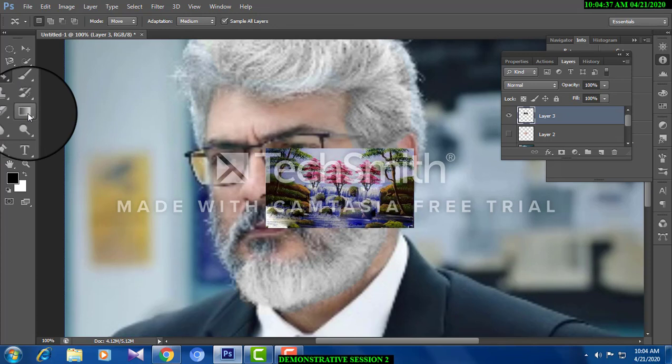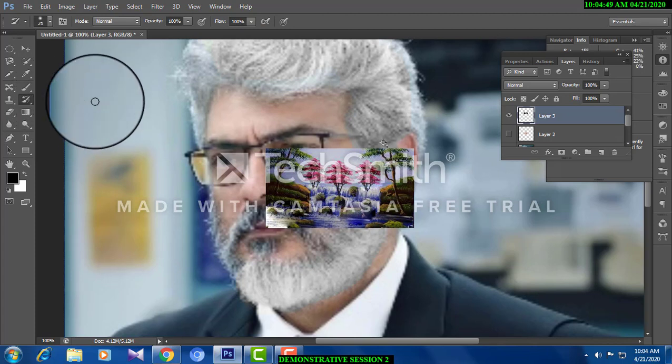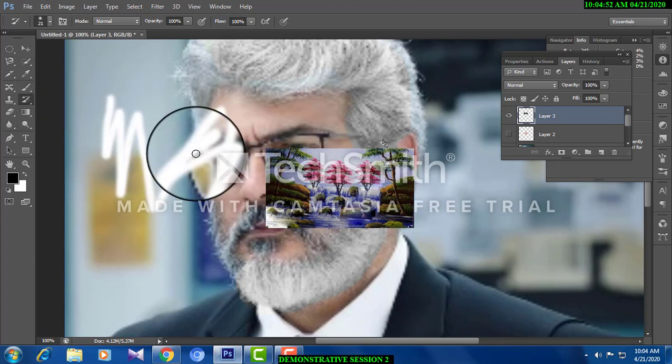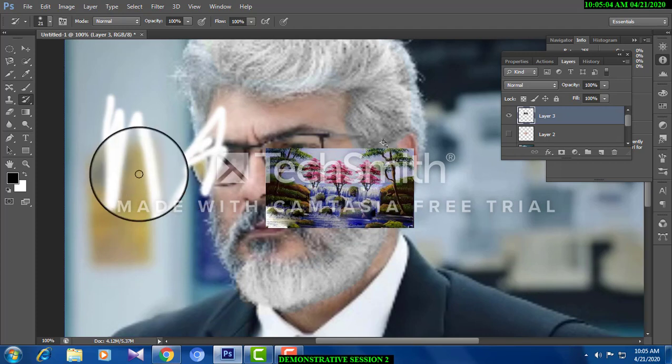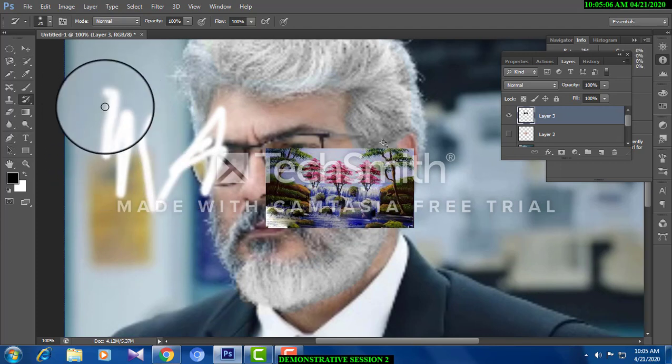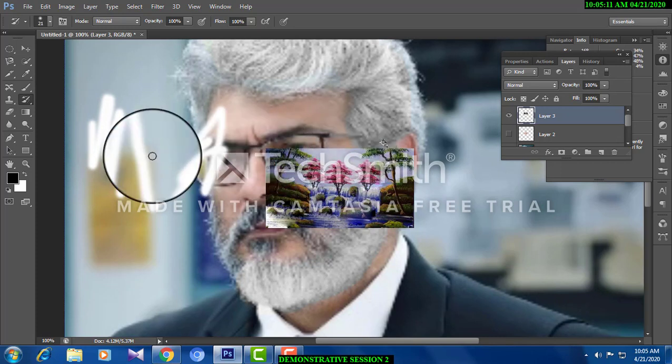And now with regard to other tools, we'll just go ahead so that you have a look at the basic tools that are used by a fundamental designer, a beginner. This is called the history brush. History brush deletes. See, at the beginning, for example, if you are editing your photo, after editing you see it is not good. So if you want to bring it back, you use the history brush. Now the history brush brings me a white background because I started with a white background. I brought Ajit's photo and other photos later. Only the white background will appear.